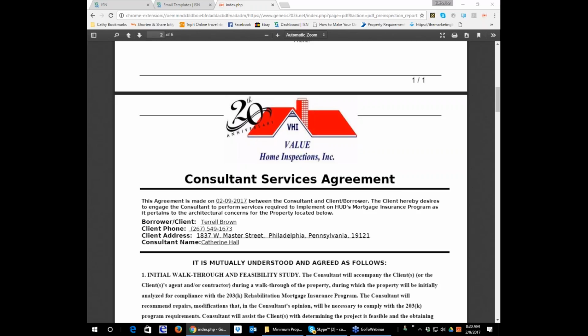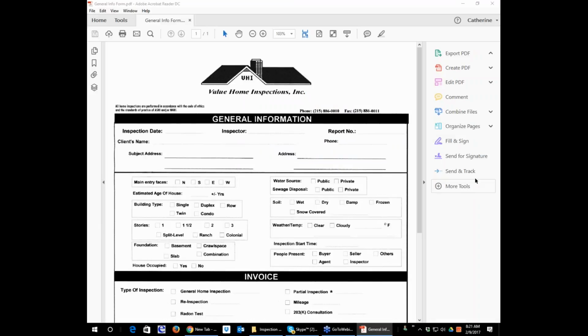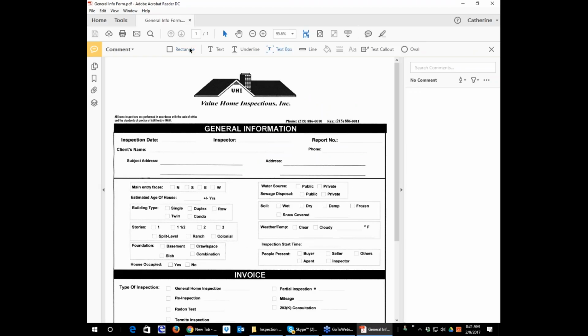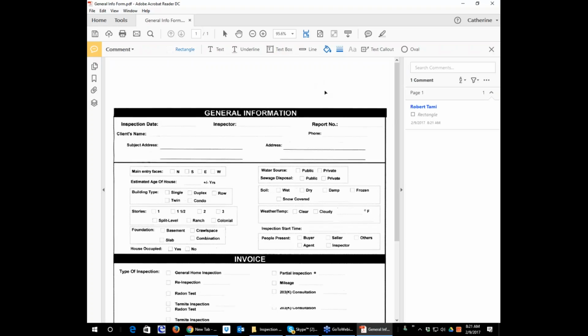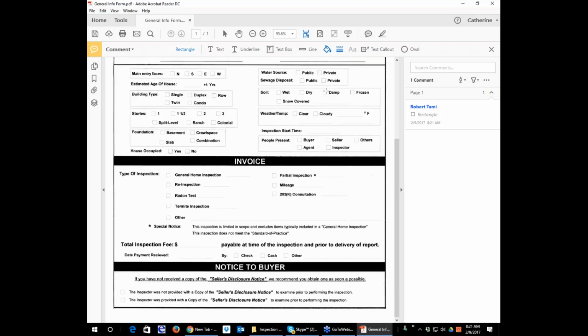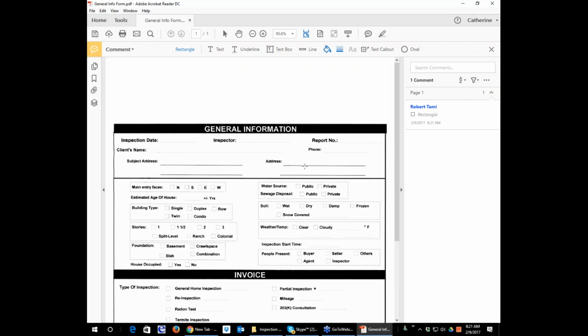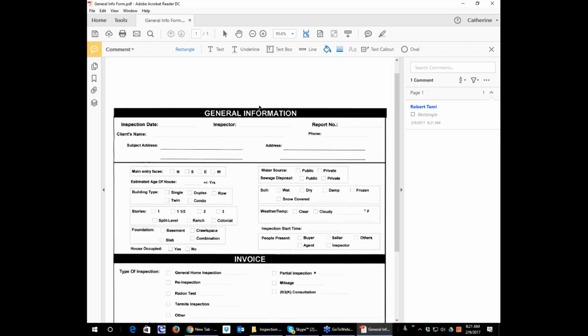All right, so this is a form that we use, and I will drag this PDF form into the handouts so that using Acrobat Reader or any PDF editor, you can go in and you can actually change this. You can just basically white out everything that I've put in here, and then you can add your own information there, and then you can actually put your own logo and insert whatever you want, and then you can print this off as a 2-form, yellow and white, fill this out, and